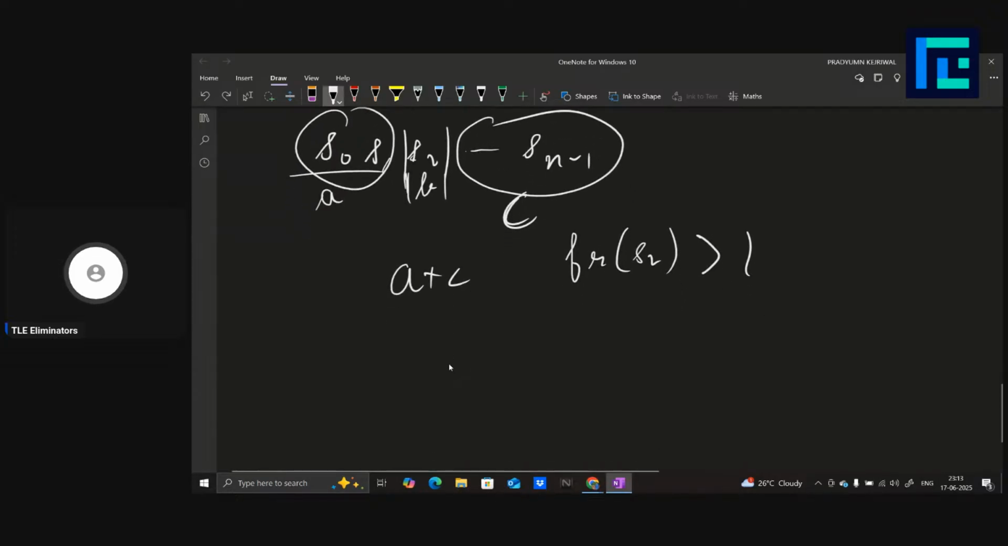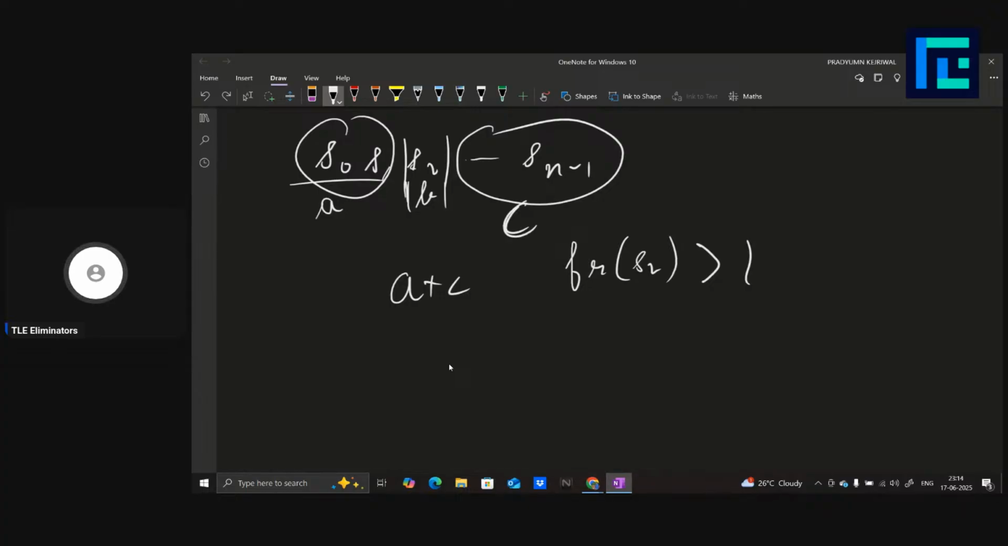So essentially what I'm saying is that if you can choose some character from the middle, such that on the left you have a and on the right you have c, and that character has frequency greater than 1 in this string, then you can definitely partition it like that, that b is this string and a and c are those strings, okay? So you just want a character which is like that. And definitely